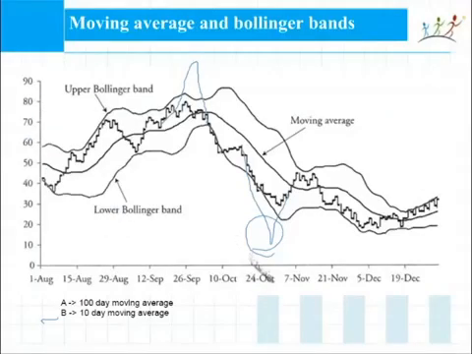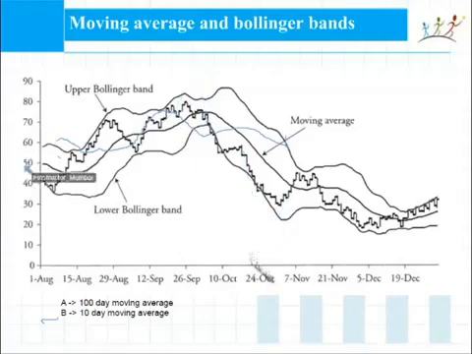So let's assume the original black line was the exponentially smooth moving average, okay? And the blue line that I'm plotting is the ten-day moving average. So the black line is the original moving average and the blue line is the short-term moving average, exponentially smooth moving average. Okay, it's not a regular moving average. It is a moving average which places slightly higher weight on the recent observations.